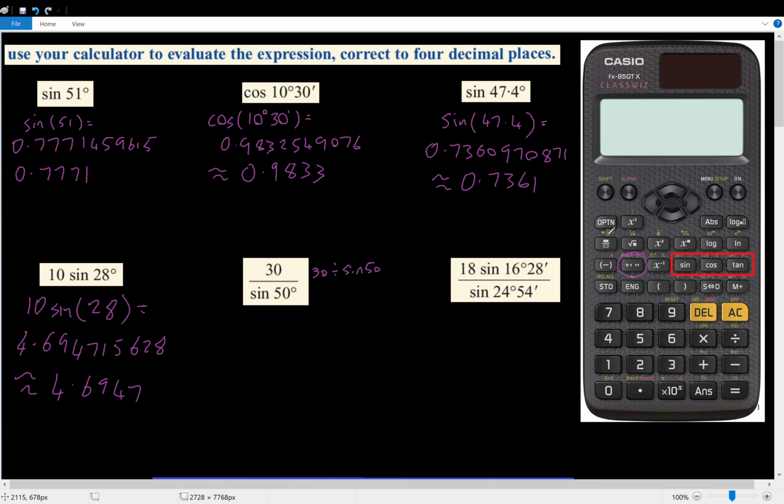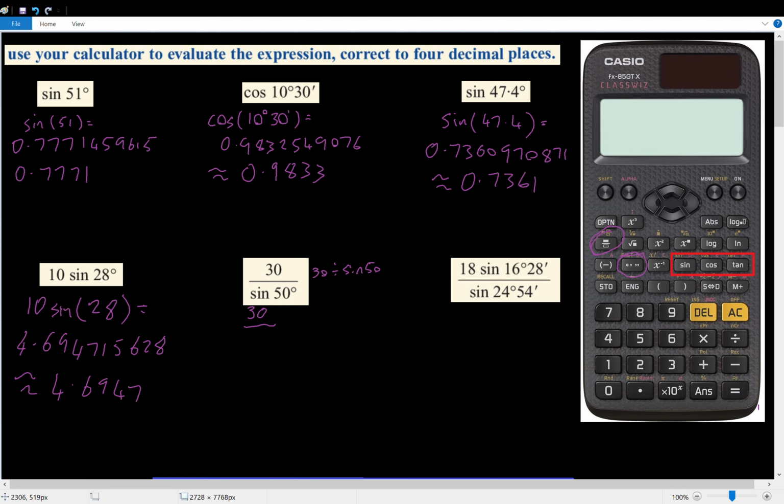So we press our fraction button, which is just up there on the calculator. So we're going to press that first. That's going to give us a fraction on our calculator to start with. And we'll be able to put in the top number first. So we put in our top number, which is 30. Then we're going to press the down arrow. So these 4 directional buttons in the middle, we're going to press the down arrow to get to the bottom